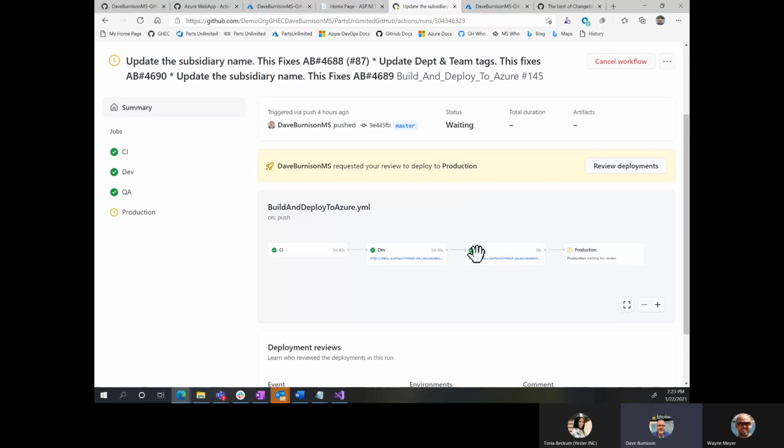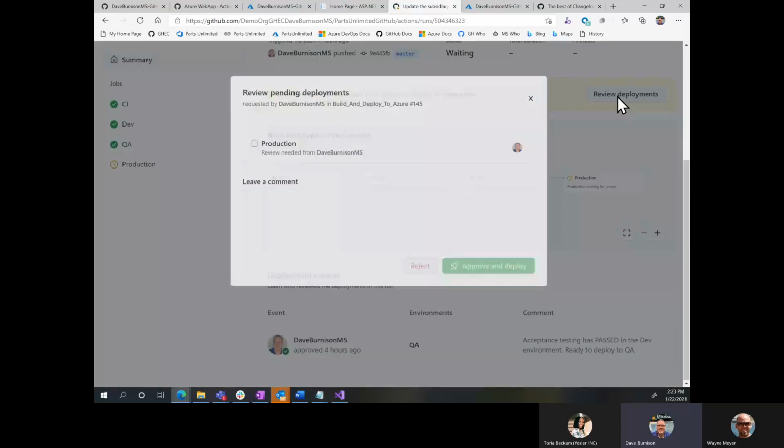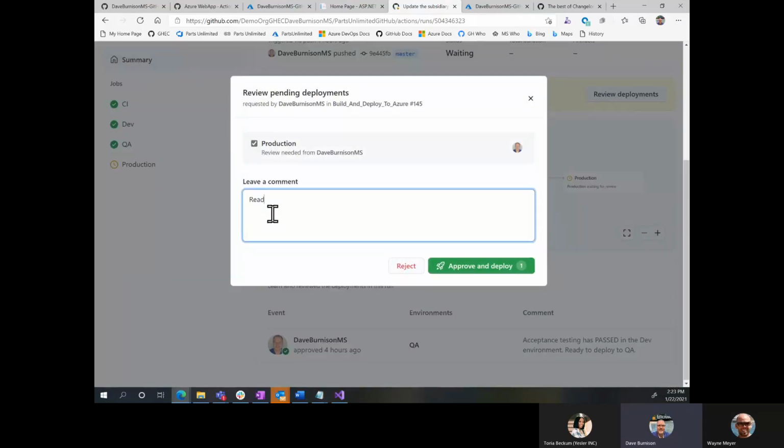If I scroll down, I can see the approval that I did earlier for the QA environment. But the user experience here is, I can go in here and say, yep, we are ready to deploy to prod, and as soon as I hit that, it's going to do that deployment and everything.